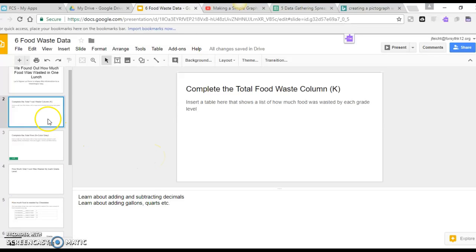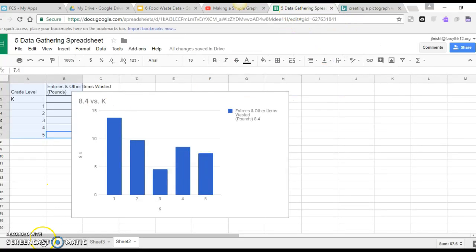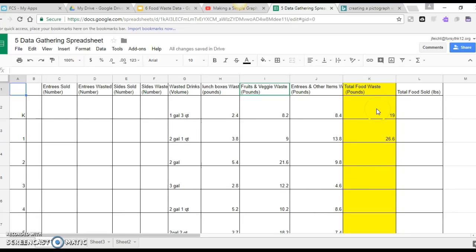All right, guys, I'm going to show you how to complete slides 2 and 3. Basically, when you go into looking at your food waste, it's asking for you to insert a table that shows how much food was wasted by each grade level, and it's saying it's going to come from column K. So if you go over to your data sheet and click on column K, so here's column K, basically it